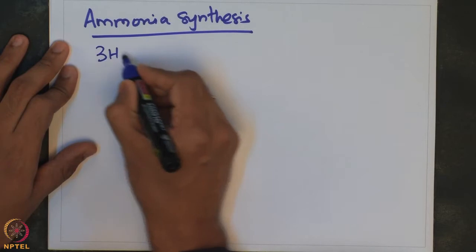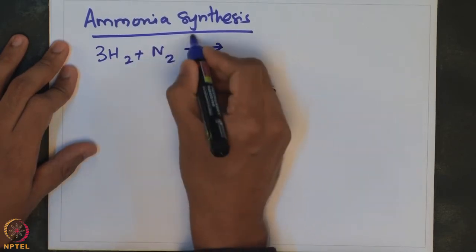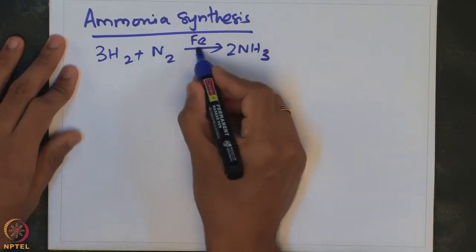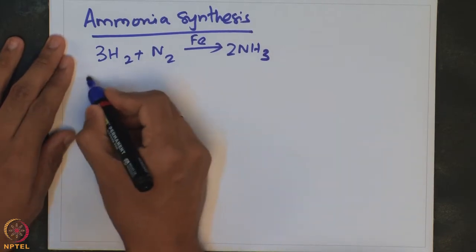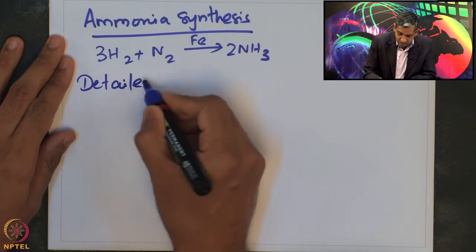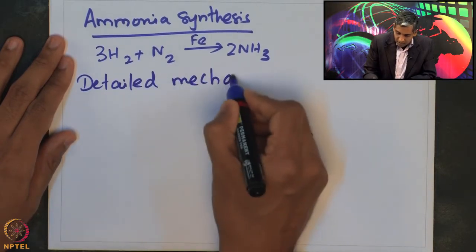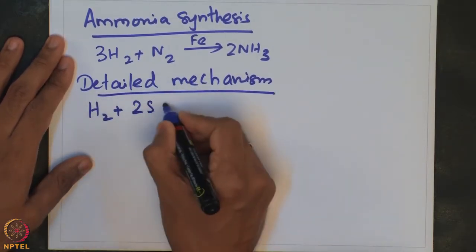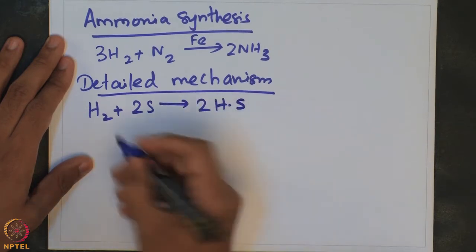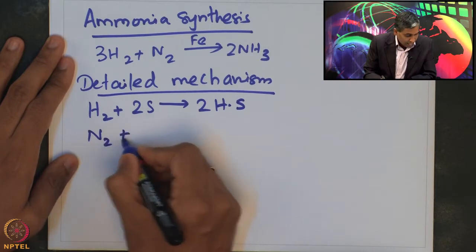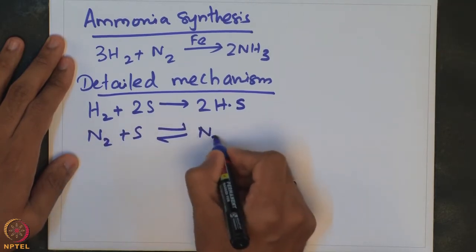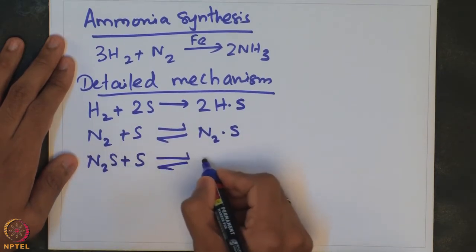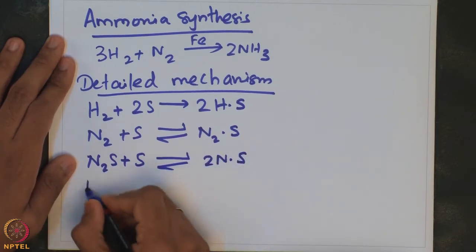The overall reaction is given by this step where hydrogen and N2 in the presence of iron catalyst gives ammonia, and the detailed mechanism that governs this ammonia synthesis process is essentially given by hydrogen, which gets adsorbed onto the catalyst site, and nitrogen also gets adsorbed onto the catalyst site, and then N2S uses another site to form 2NS,